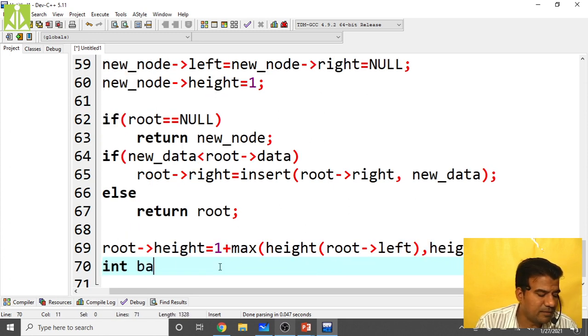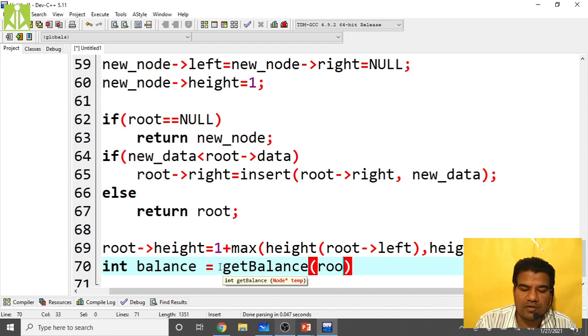Then calculate the balance equals get balance of root.